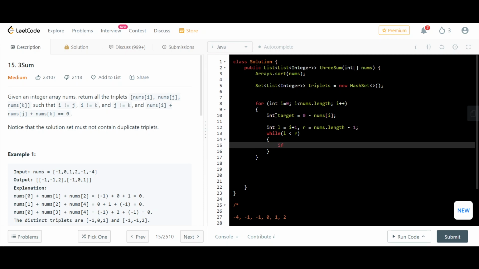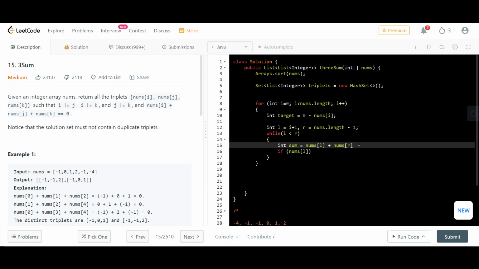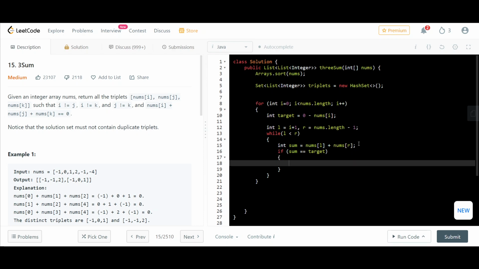Now we do sum here, so sum equals nums of l plus nums of r, right? If sum equals target, then